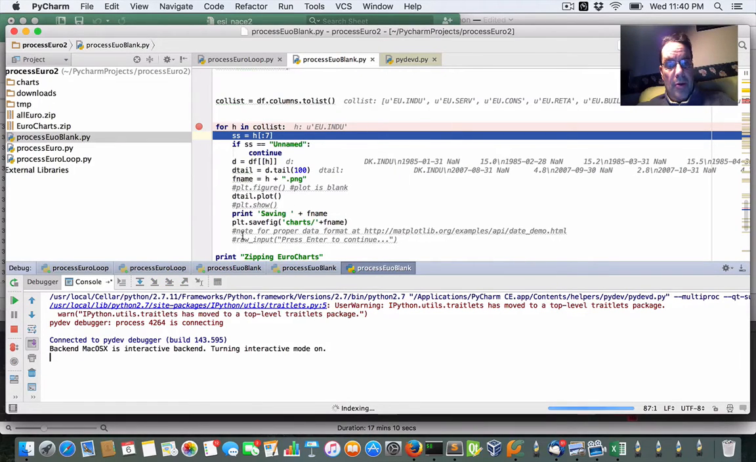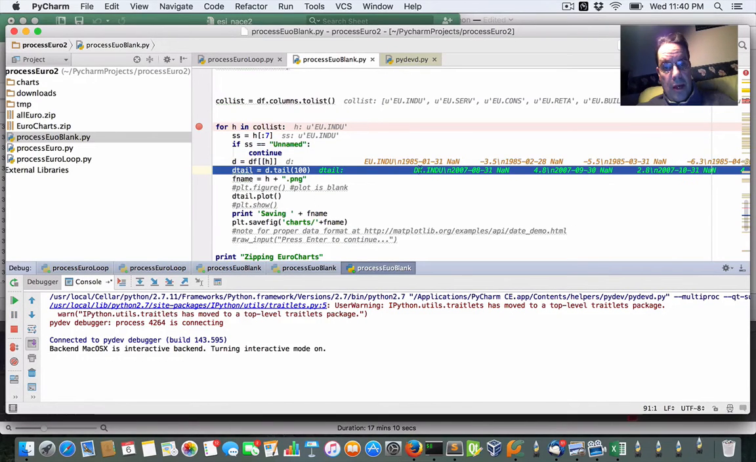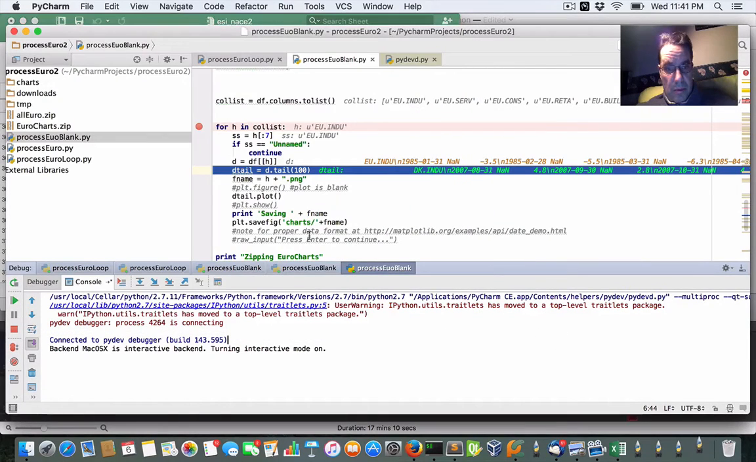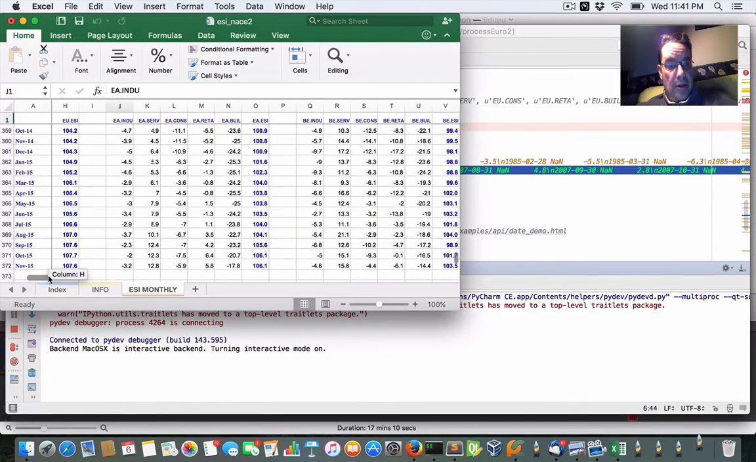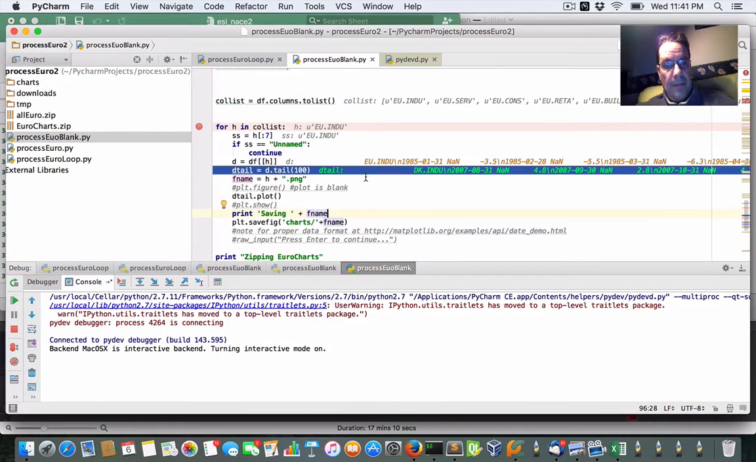So I'm gonna run everything up until this point for the next chart. So step over. So we're now on DKINDU. So we've moved to the next one. Or have we? So we're at DKINDU, so we're at this column here. So we've skipped a bunch of columns. And let me just